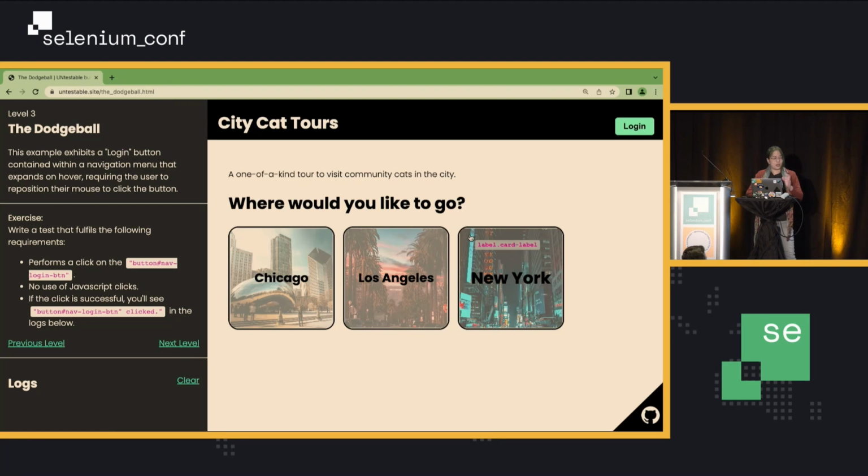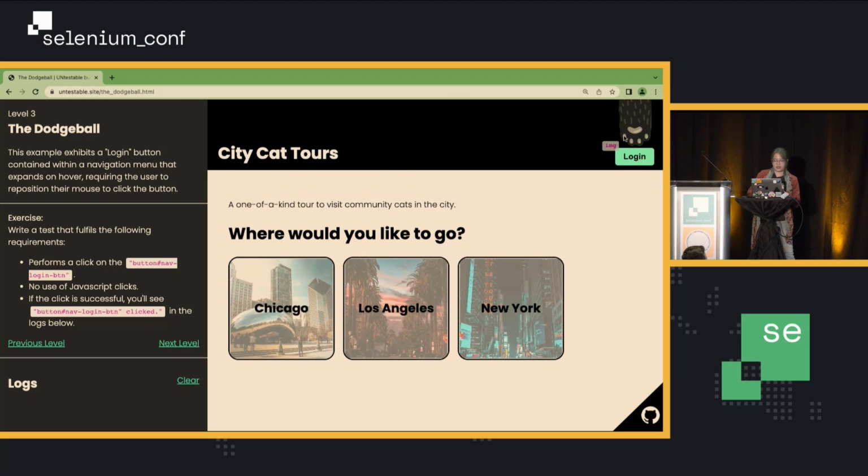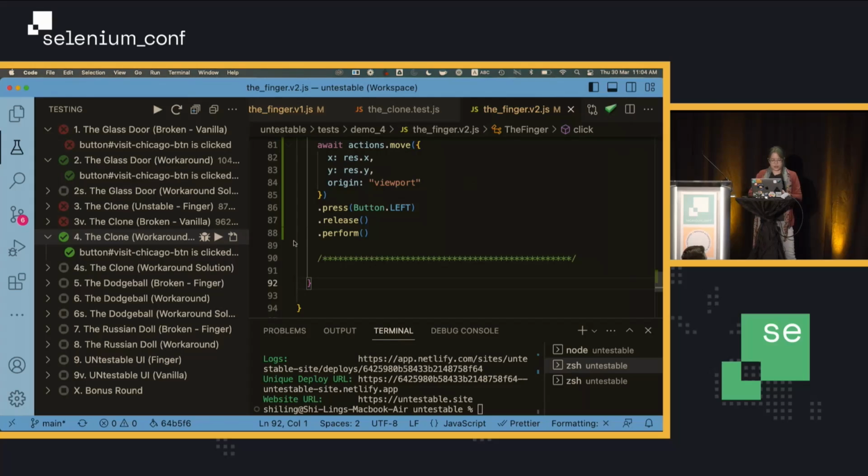Okay, so this time we want to click on the login button. And we'll move to the login button. I can't click on the login button. If I'm a human, I would just move my cursor and click on it. And yeah, confetti. Okay, so let's just run the current version of the finger against the Dodgeball first, and let me show you that it doesn't work.